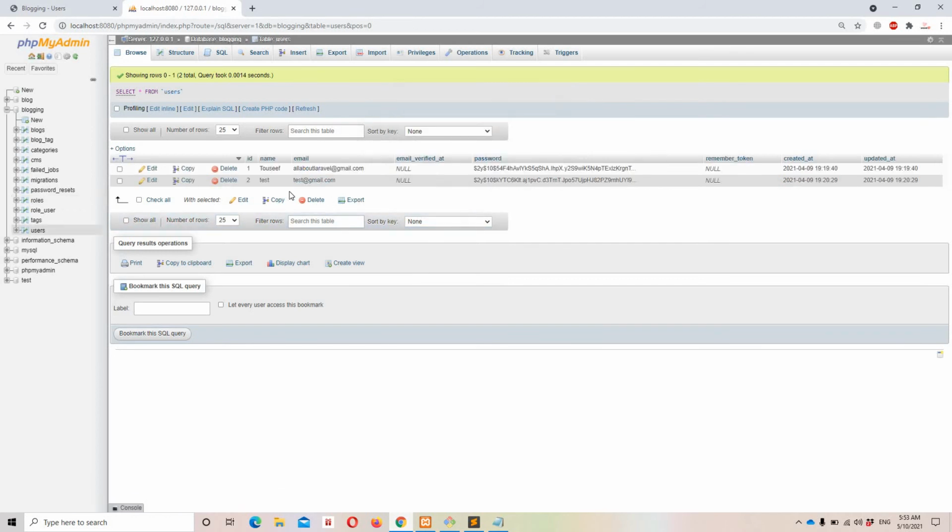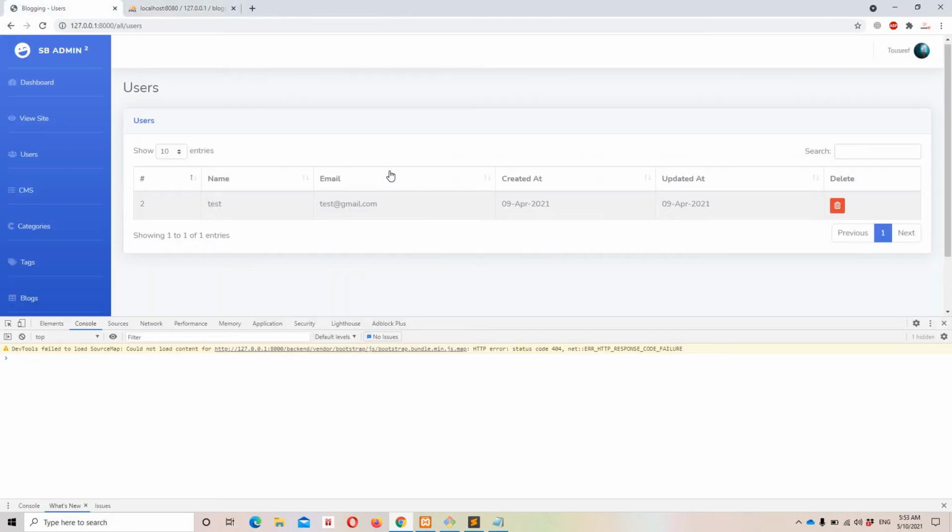This user-specific ID is 2, and let's check the role, where user ID is 2, role ID is 2 right here. So if in your case you have multiple users, you are going to see multiple users right here. Okay, so that's it from this video guys, and in the next video we are going to implement the delete